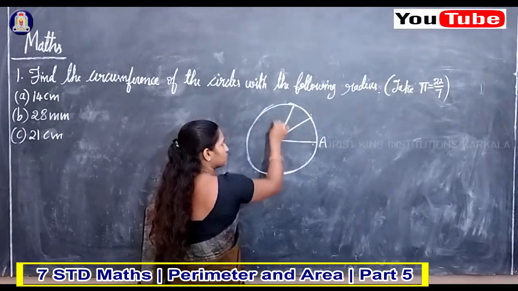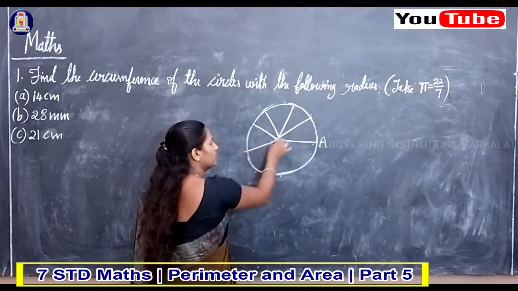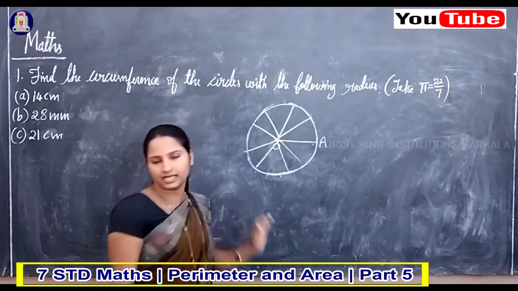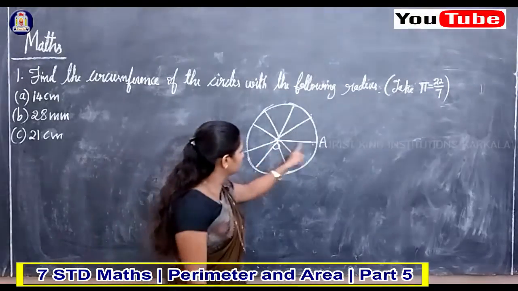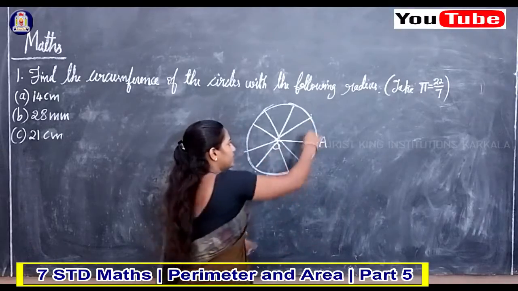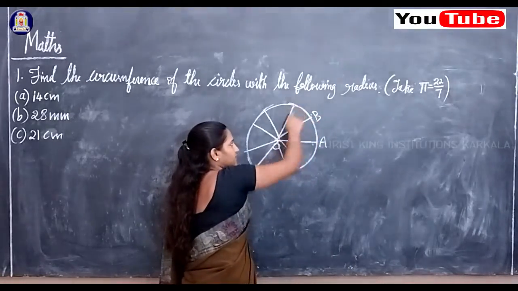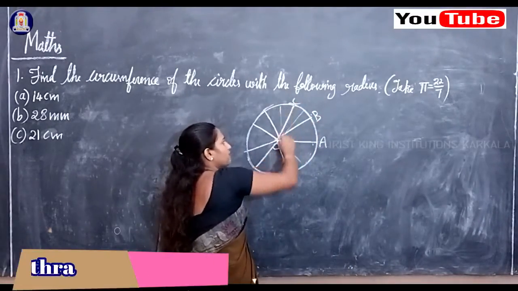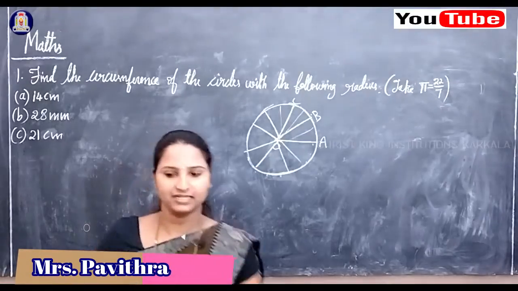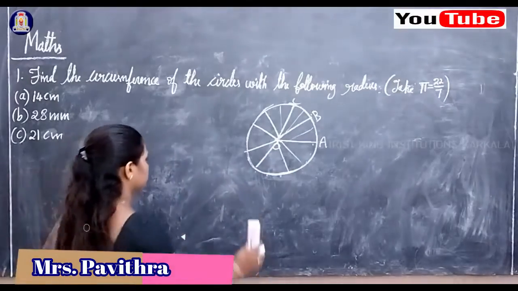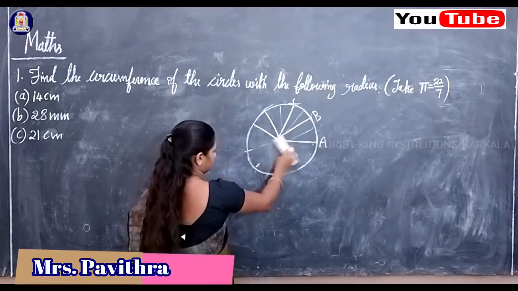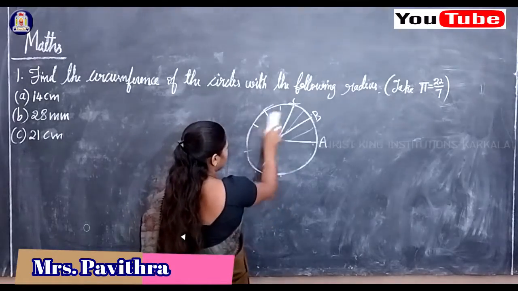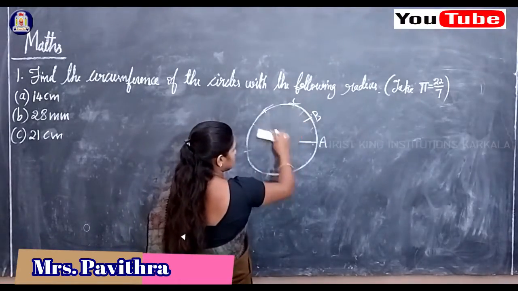You can draw like this also, like this also. All these are radius of the circle. Correct? OA is a radius, and if I name this B, OB is a radius, OC is a radius. So we can draw many radius in a circle. Clear? So this you have already learned. Now we'll see what is the diameter. First, the main thing, you must know what is radius and diameter of the circle.